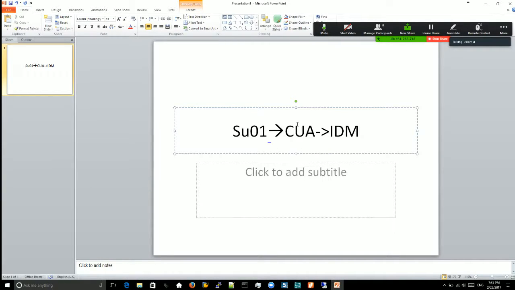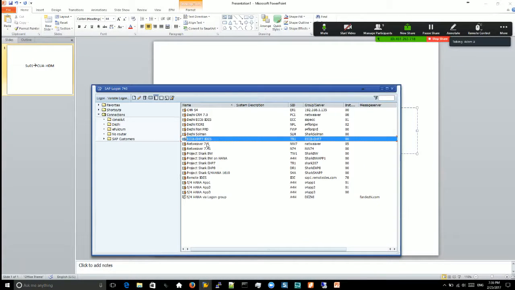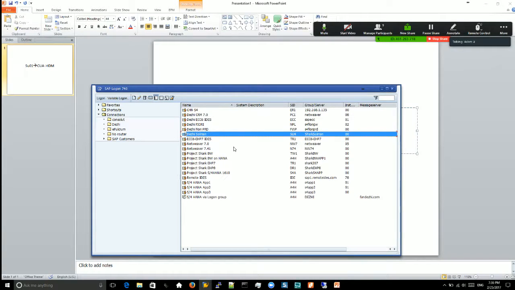But why is this kind of development needed? One reason is that in SU01, in those years in the last century, SAP didn't even have a Java instance in there. At that time, most companies only had 1 or 2 SAP systems in the landscape. But later, for example, when I look at my logon pad, I have more than 10 SAP systems in here. To be able to easily create IDs, you don't have to log into each system. Instead, you use Solution Manager, or you can choose a non-Solution Manager system to create a CUA system,